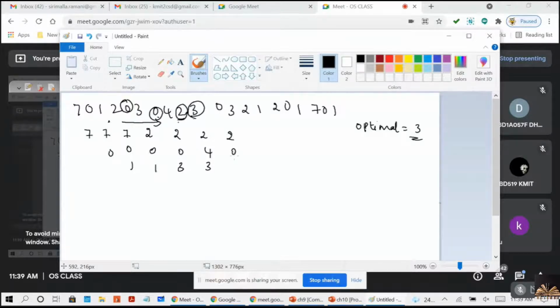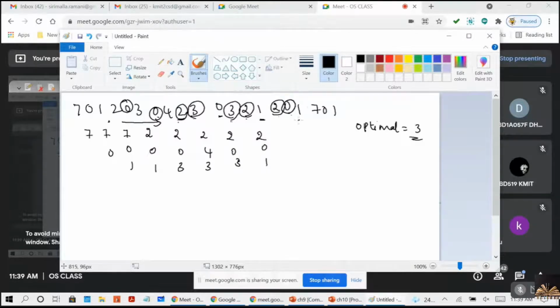2, 0, 3. In the context, 3 is used, 2 is used. 4 was not used, it will not be used for the longer period of time, right? So now 3 is already there, no replacement. 2 is already there, no replacement. Then coming to 1, so 1 is replaced with what now? Not 2, not 3, not 0. Now it has to be replaced with 3. So now 2 is there, no replacement.